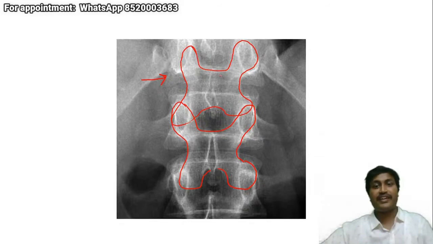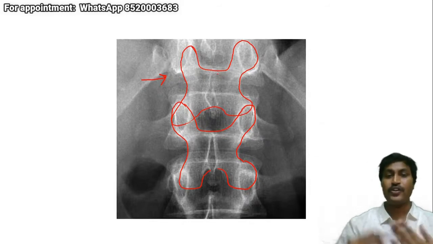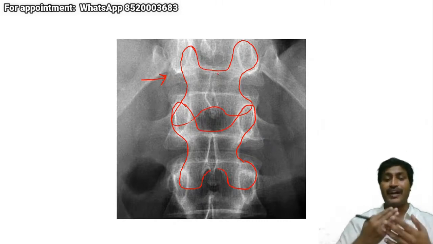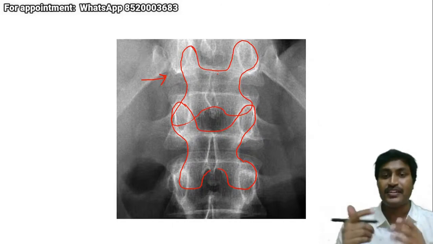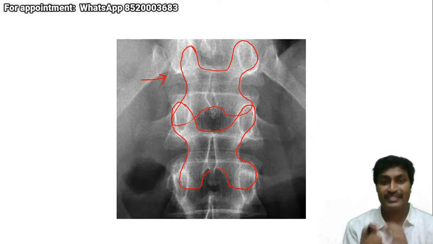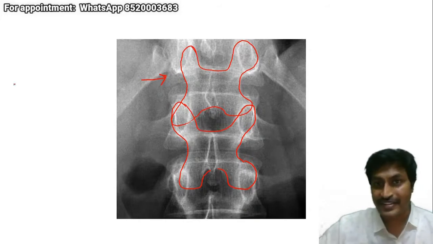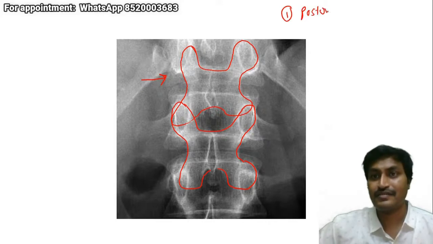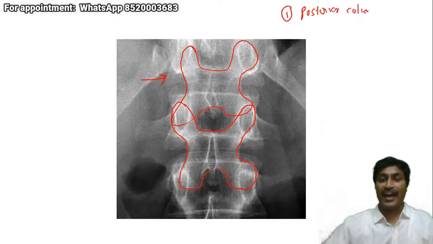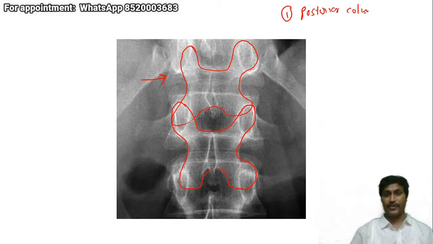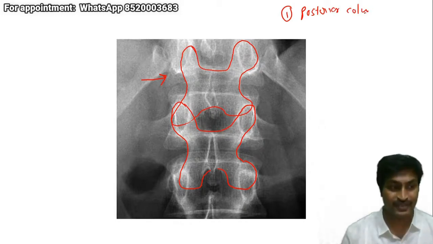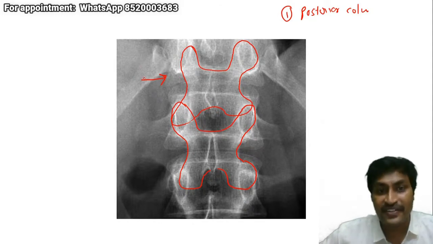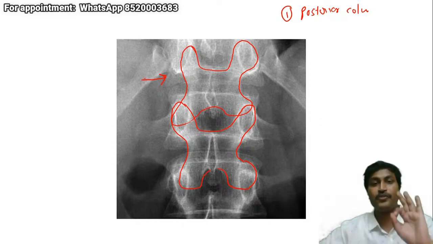Yeah, this is very important. This is because in an AP view, you see the anterior column, the middle column, and the posterior column, but they are superimposed on each other. So you should selectively recognize each and every column. First we were trying to recognize the posterior column. If I have to recognize the posterior column in the AP view, I will have to identify the butterfly. I hope every one of you has identified the butterfly.